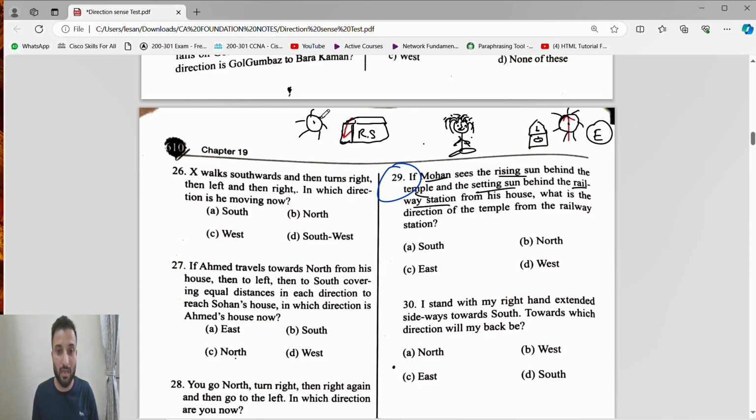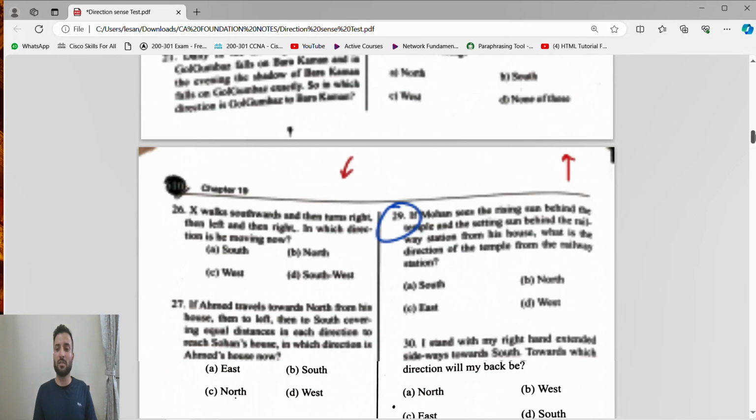the railway station. हाँ, मतलब रेलवे स्टेशन वेस्ट में, टेम्पल ईस्ट में। What is the direction of the temple from the railway station? So from railway station, what is the direction of the temple? So see, from railway station it is east. मास्टर जी आंसर आ गया। Answer is east. तब ऐसे बनाएंगे आंसर आ जाएगा।